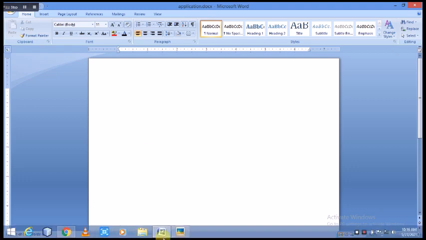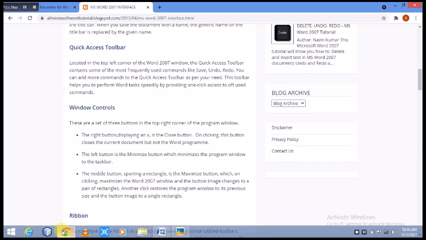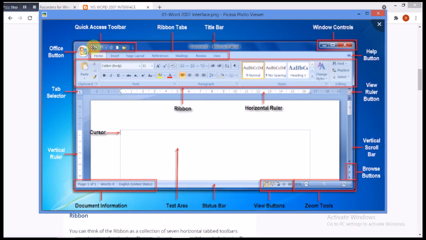Next, let's move to the quick access toolbar. Let's see where it is available. You can see the quick access toolbar in the top left area of the title bar.